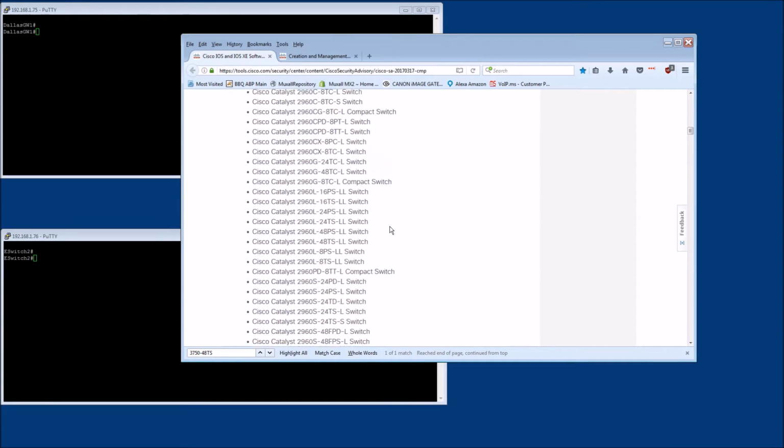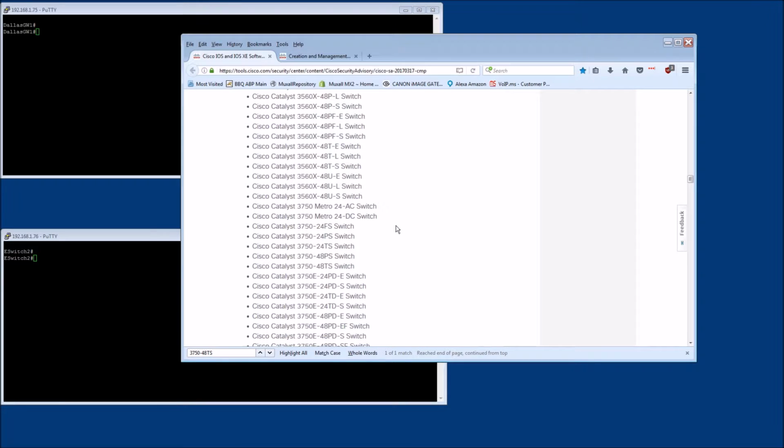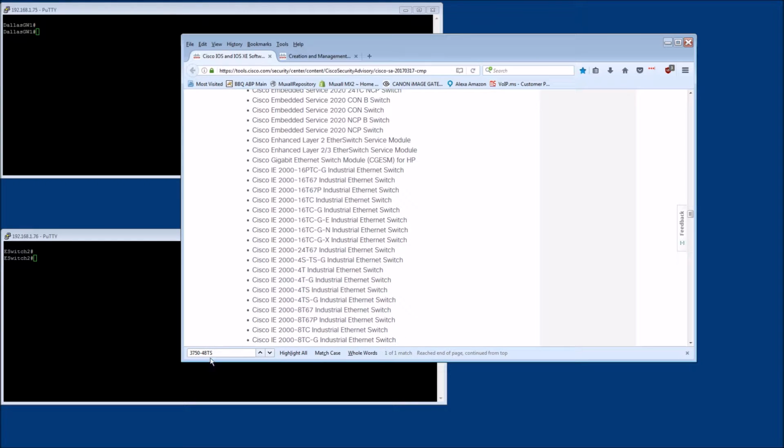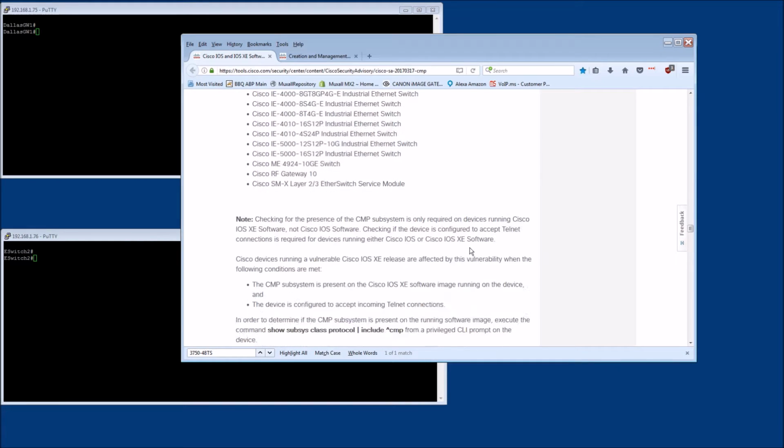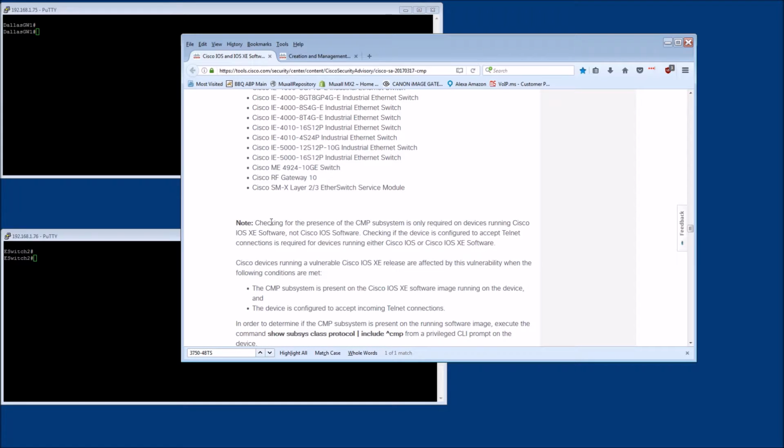So anyway, you can go through here and find your switch. The easiest way to do it, this list is super long, so I just did a search for mine and found it and said, yeah, it's got it. I had no doubt it had it. And then it talks about checking for the presence of the CMP subsystem,